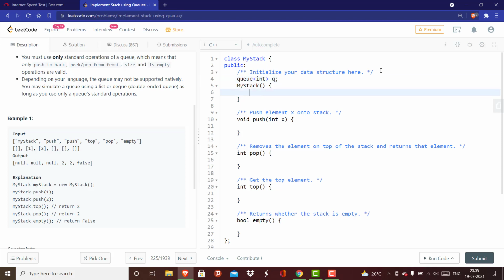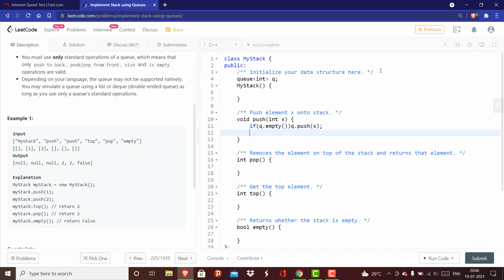We don't have to do anything here in MyStack because we don't need anything else than the queue. In push, as we have discussed, if queue dot empty, queue dot push the value x, and the else condition is a bit tricky, so that is